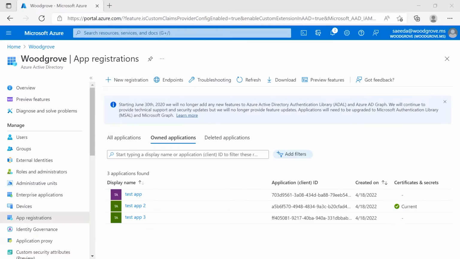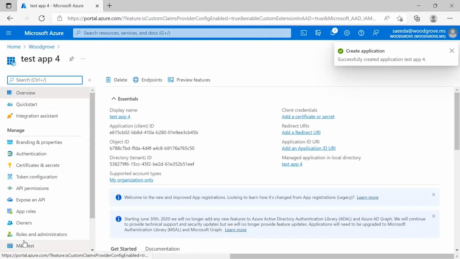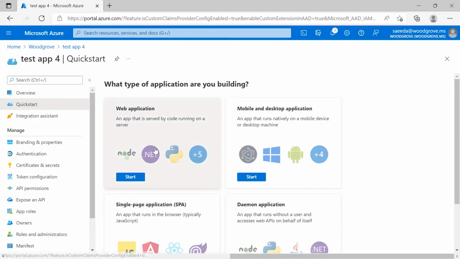Imagine you need to create an application that only allows employees of your organization to sign in. The way that we often demo integrating your app with identity is through our Quick Start experiences in the Azure portal. This involves opening the Azure Active Directory service and registering a new application under App Registrations. Once I finish giving the app registration a name, I can go under our Quick Start tab, and I see